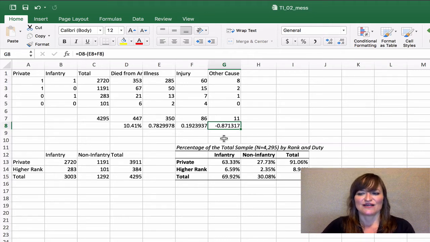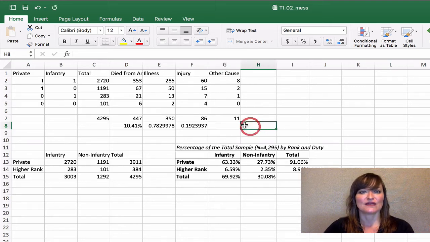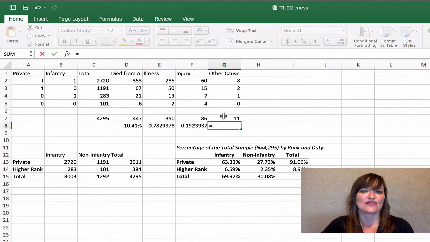I don't think Excel used to do that. If you're on an older version than this, it might not have acted that way. And that's good. I'm going to delete it because that's not what I want in this cell. What I want in this cell is the number that died of other causes out of all of those that died.